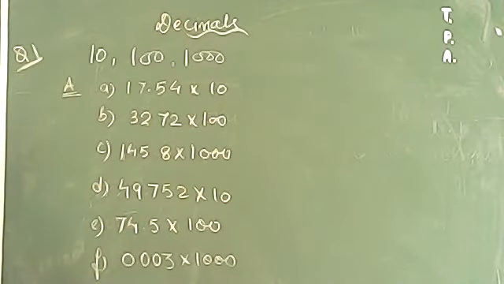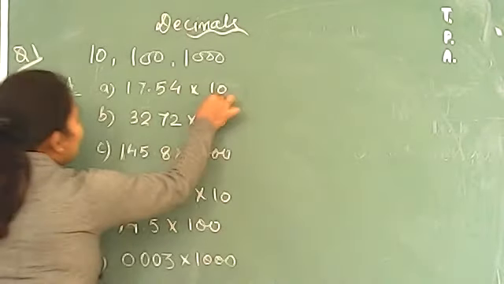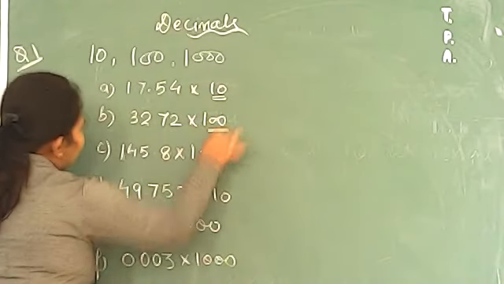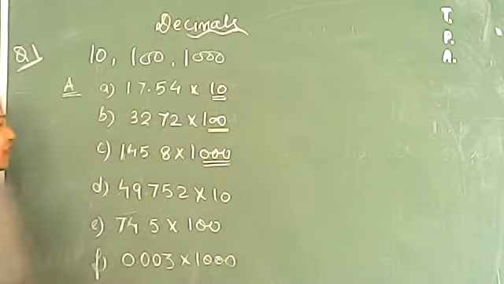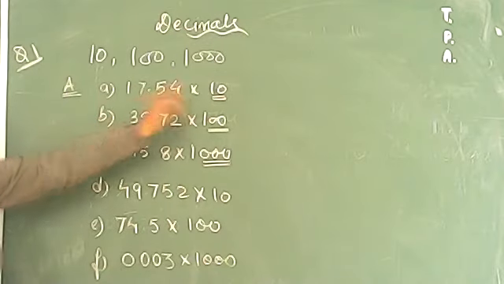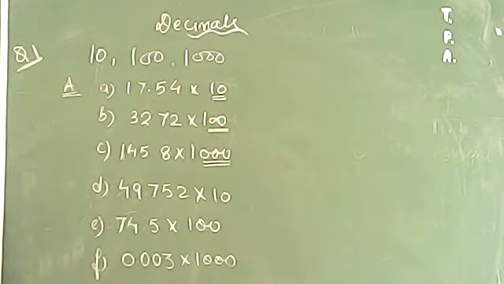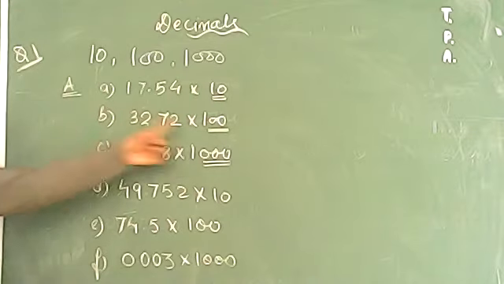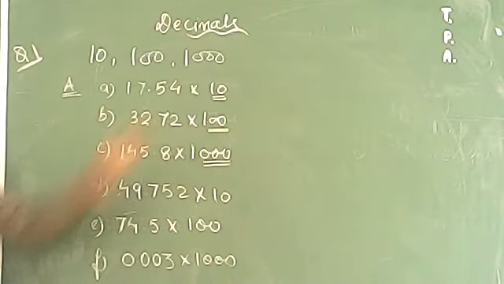How? Look at here. जब भी हम मल्टीप्लाई करेंगे 10 का, 100 का, 1000 का या मे बी 10,000 का, तो you always remember you will only shift the decimal. ठीक है? If you are multiplying by this, you will be shifting the decimal to the right hand side. And if you will be dividing by 10, 100, 1000, you will be shifting the decimal to the left hand side. ठीक है? So let's understand how.